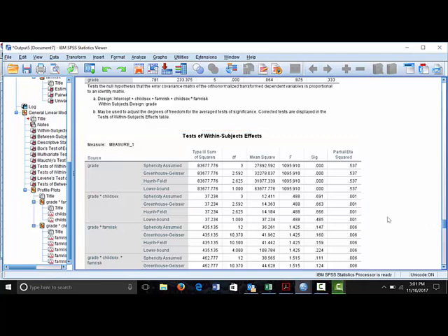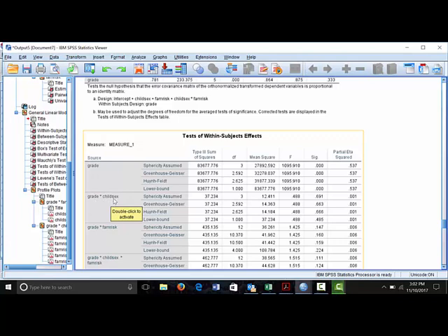That's not the surprise. The grade by child sex, this is the question of whether or not the effect of time is equivalent for males and females. The null hypothesis is that the effect of time is equivalent for males and females. We do not reject that interaction. We don't reject the null hypothesis for that interaction. These values are greater than 0.05 or greater than 0.01, so we do not reject the assumption of parallelism between